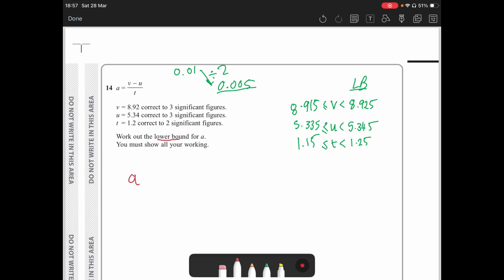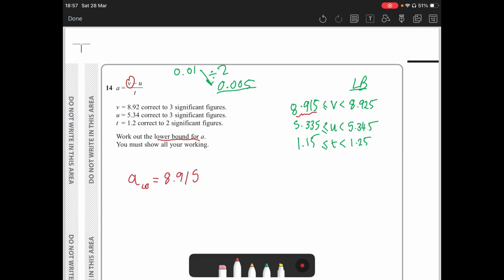So look, we want the lower bound, right? So we'll say subscript LB. It means I want the lower bound of a. I want the smallest possible answer of a. How am I going to do that? Well, let's think about it logically. If I want the smallest number, starting with the positive, I want the smallest possible value of v. Yeah, I want to choose this number. I want the smallest possible